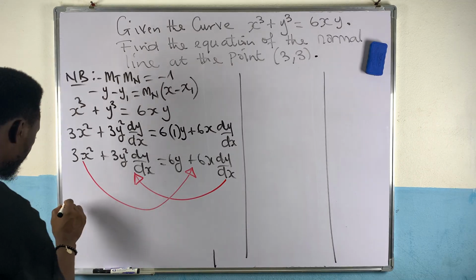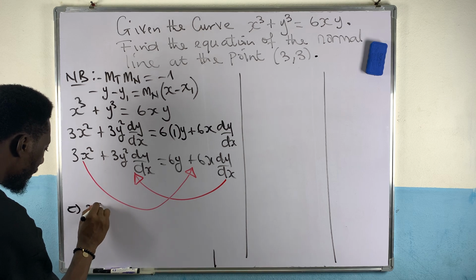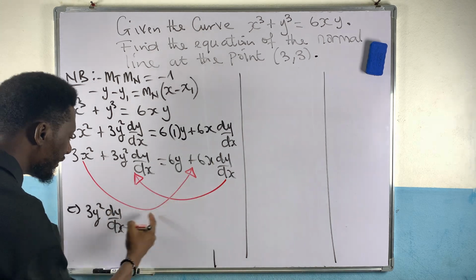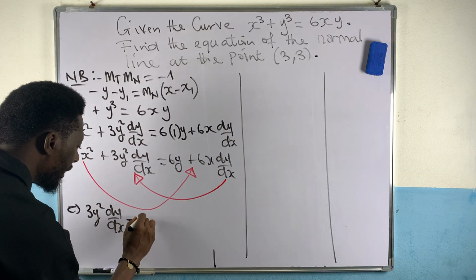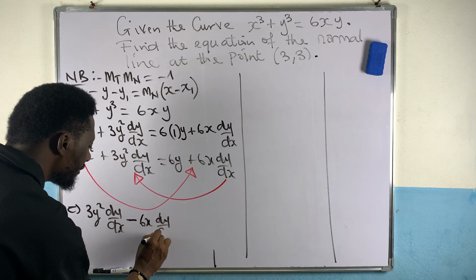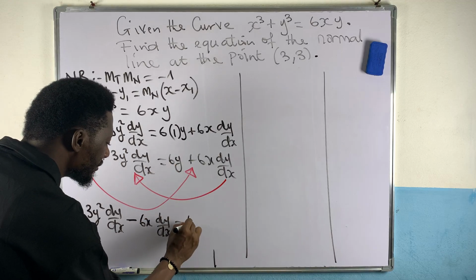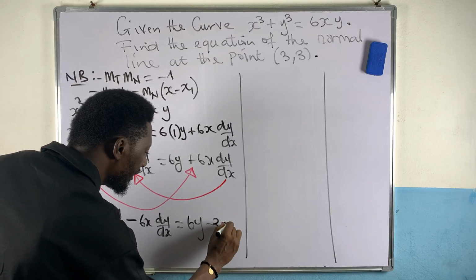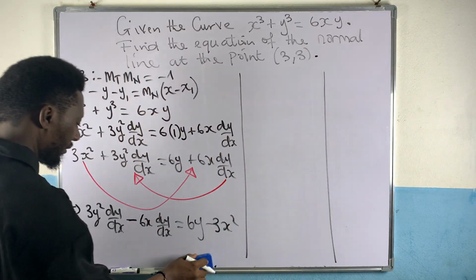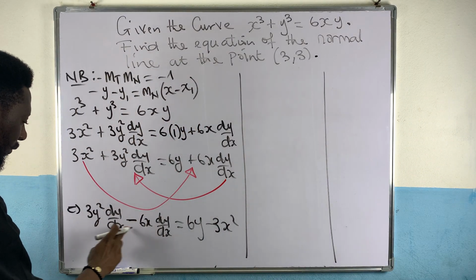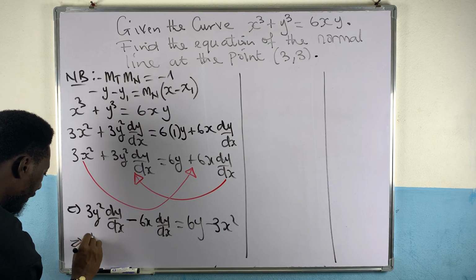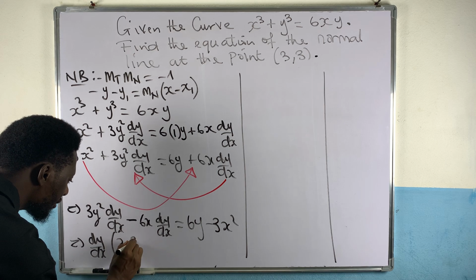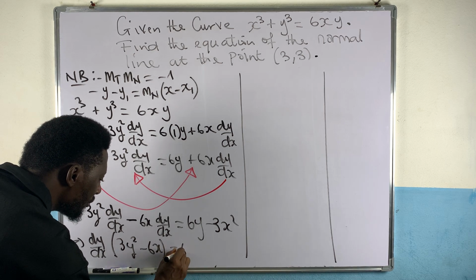So I'm going to have 3y² dy/dx. When this term comes this way, it becomes minus 6x dy/dx, which should be equal to 6y. This other term goes this way, it becomes negative 3x². So from there, you see that dy/dx is a common factor. I factor it out. I'll have dy/dx, all that into 3y² minus 6x, should equal to 6y